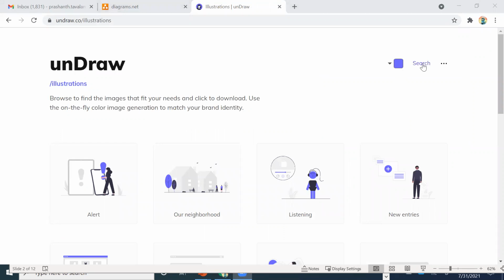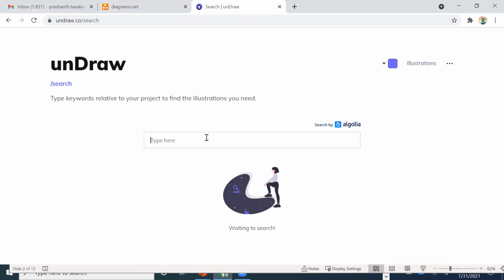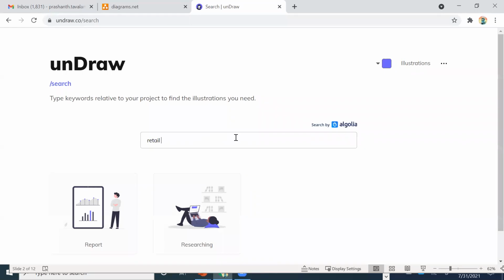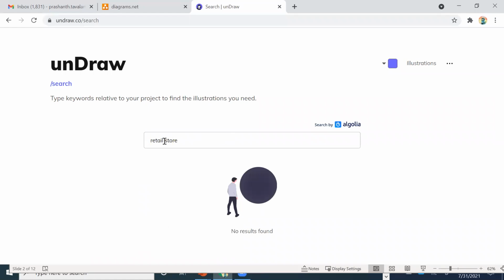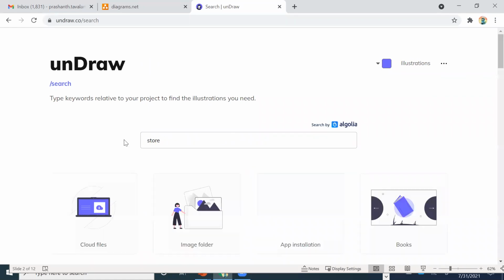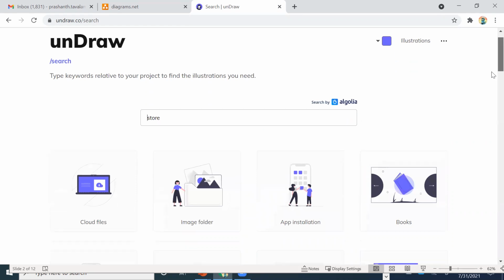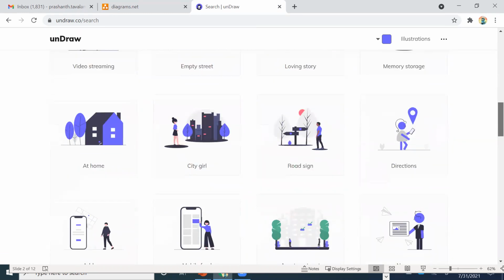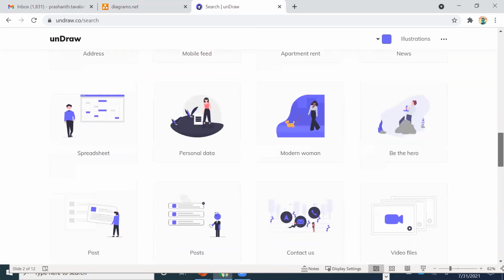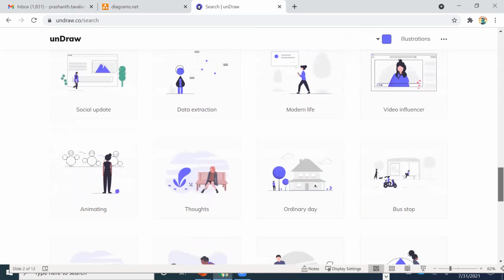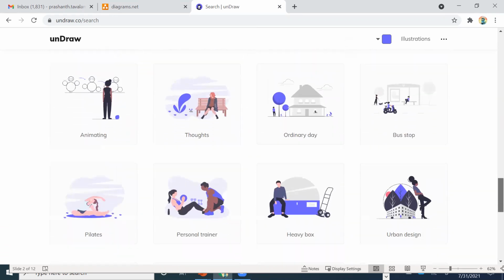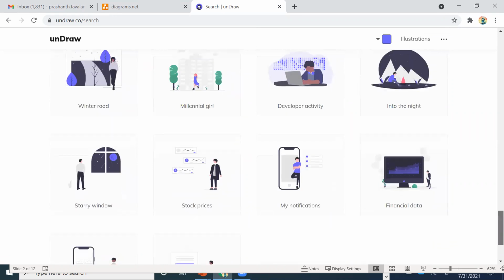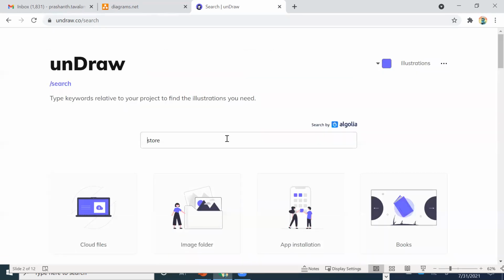Now let's say I wanted to create something. It always depends on the keywords that you're using for searching this. So you'll get options like these, where this is another great way to come up with, let's say, something else.